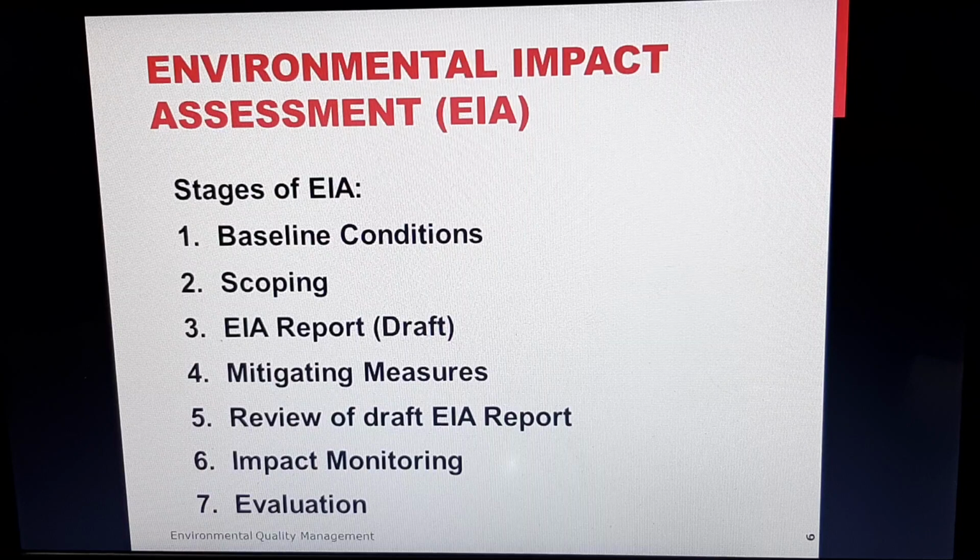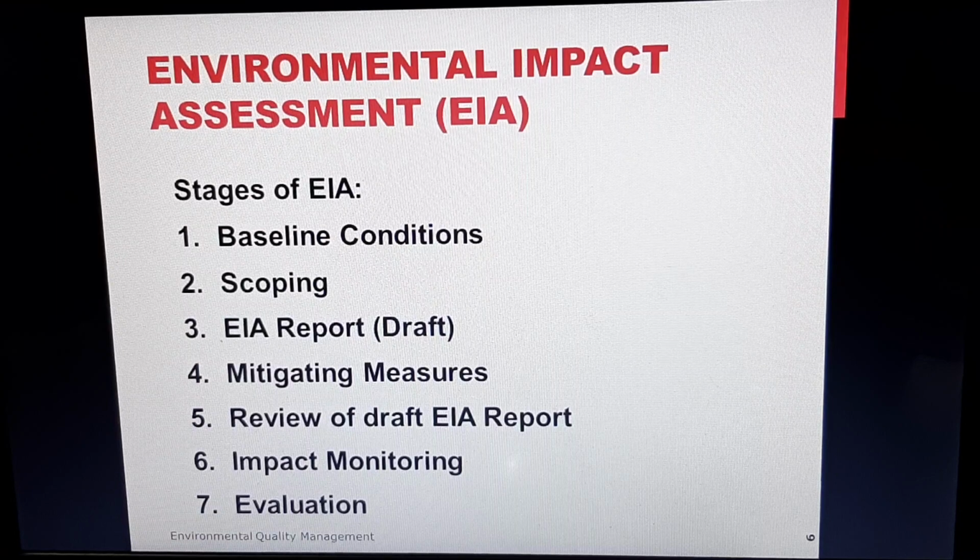Now, mitigating measures are actions which reduce, avoid, or offset the potential adverse environmental consequences of the development activities, which is very important. The next is review of draft EIA report. The EIA report has to be reviewed with utmost caution, because not only the project proponent but also an independent body should be required to evaluate it. It is very necessary to see that all the key points have been covered, and all the mitigating measures that have been mentioned have actually been implemented. Then of course we have impact monitoring. Environmental monitoring is one of the most important components of EIA. It is very essential